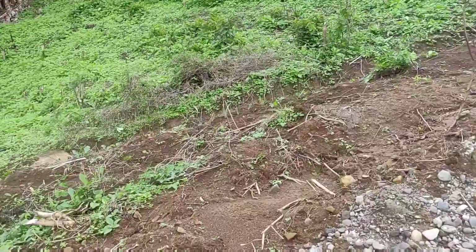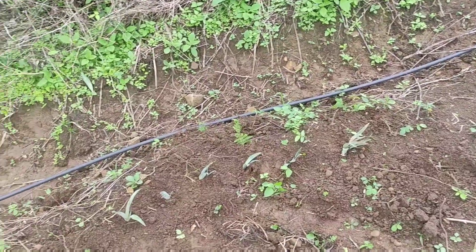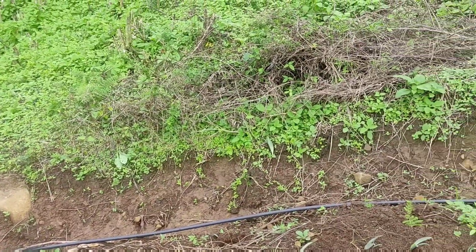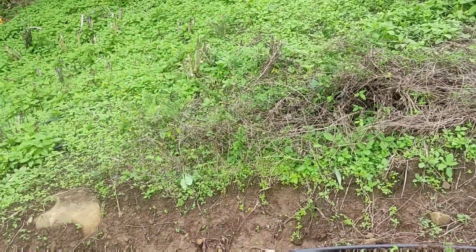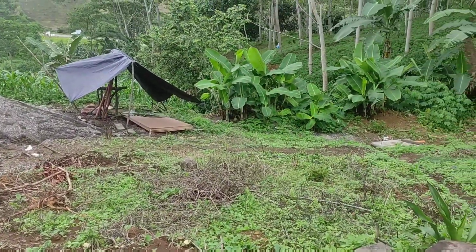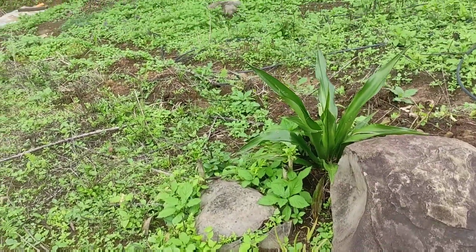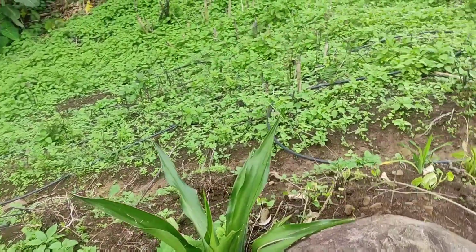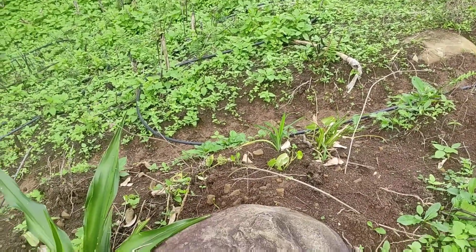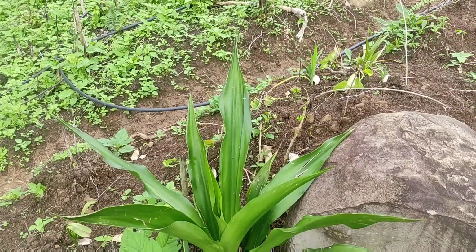But let's see here. I planted, here's a few of them. So they're just really close together right now in a line. So these, if I understand correctly, won't bear fruit or anything, but they will root out and create, like I said, suckers or offshoots or whatever they're called. These are the plants that we planted before, and they seem to be recovering quite well. I think everything we planted is alive. Yeah, nice. Some small leaves popping up,